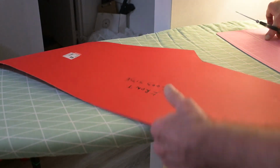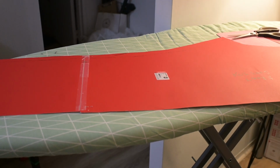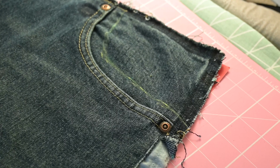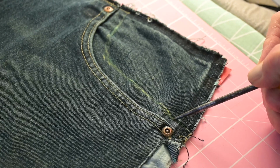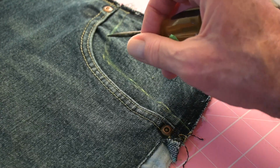So that's the first one, and now I'm going to go all the way down there. There, I think you can see the line that I've drawn there. So I'm going to go ahead and cut that, and I'll get right back to you. So you can see I've chalked in with yellow chalk a line, a 1/2 inch seam allowance right there on the jeans. And what I want to do is make a cut mark following this line,